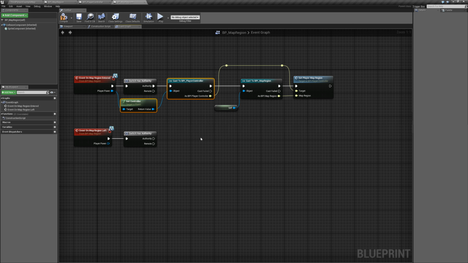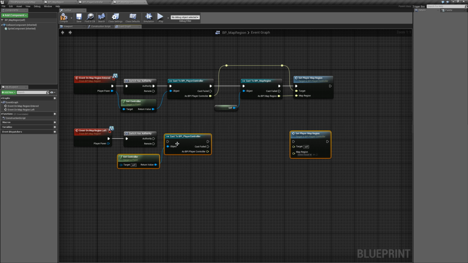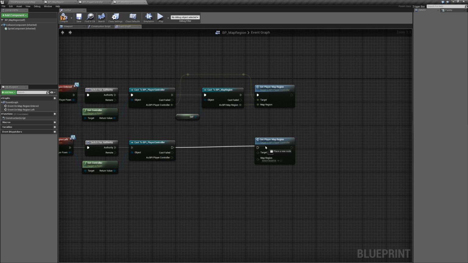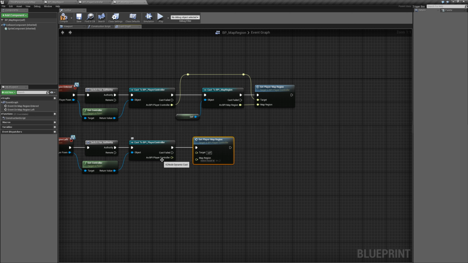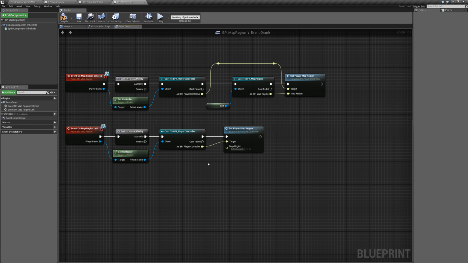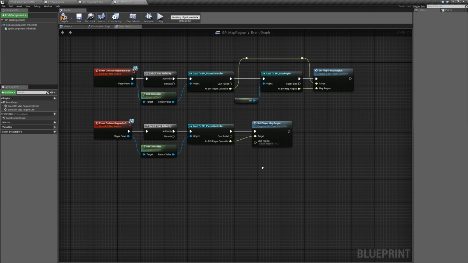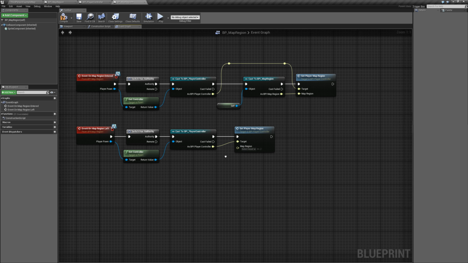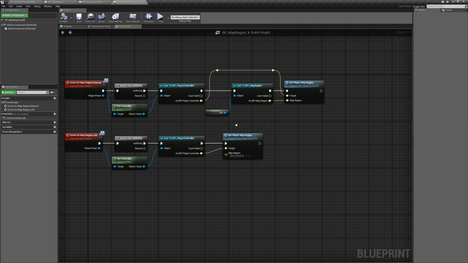for the on map region left, just a little bit more simple. So just copy the 3 nodes here and pull them in, connect up authority pin, connect up player pawn to get controller, squish it up a little bit, and then connect up the execution pin here and connect up the target and leave the map region blank, so that way when they leave the map region we set the map region variable that's in the player controller to none. Okay,